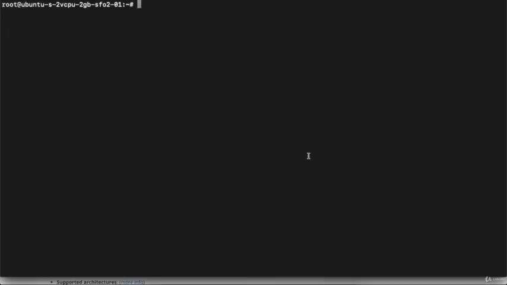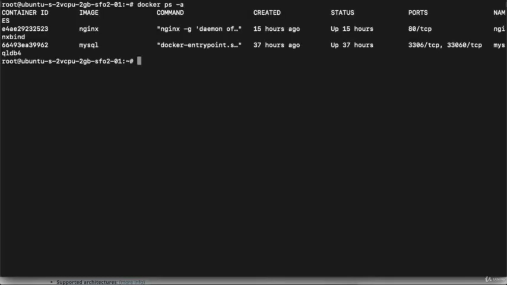So we are on the terminal. Before starting the MySQL container, let's execute the command docker ps -a to verify how many containers are running or exist on my machine, right? So docker ps -a. You can see right now a MySQL container is already running, right? To start a new MySQL container, first I will stop this running container. So I will execute the command docker container stop and provide the ID or the name, right? The name is MySQL DB4, and suppose I'm going to stop the Nginx as well.